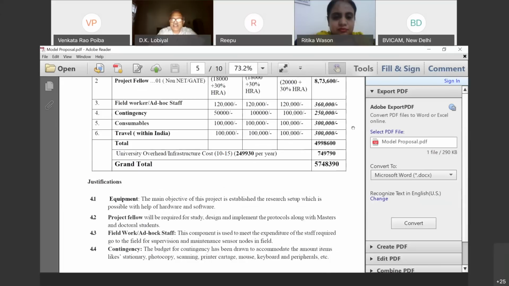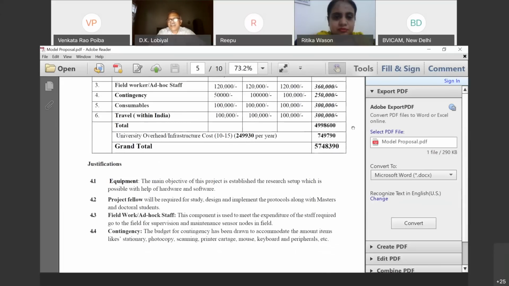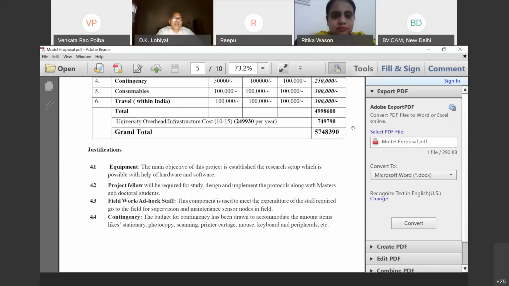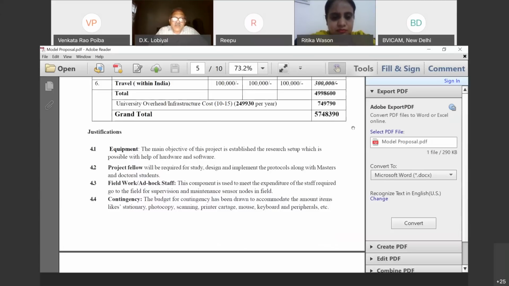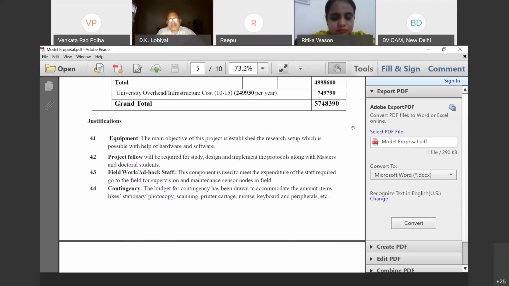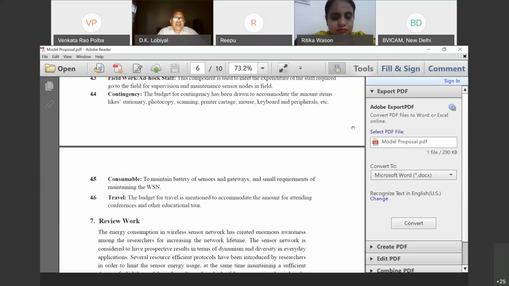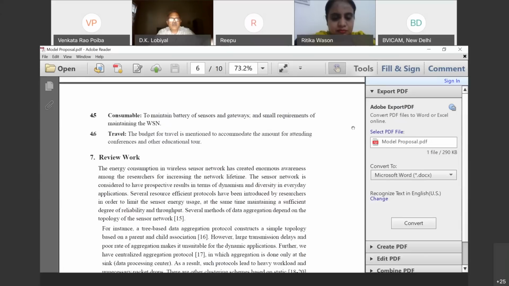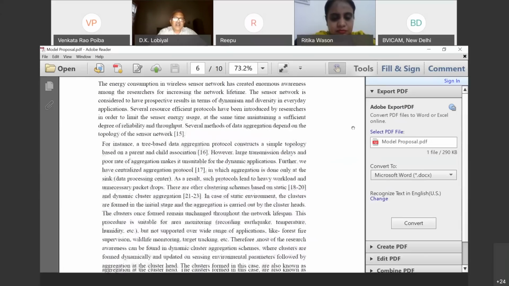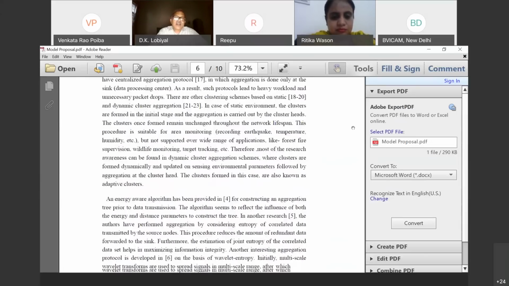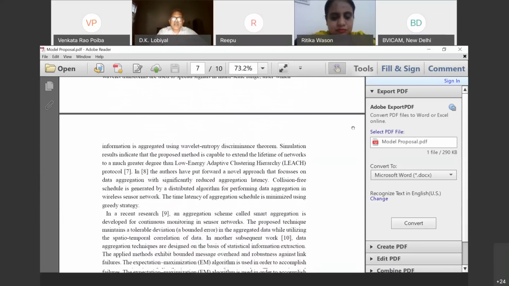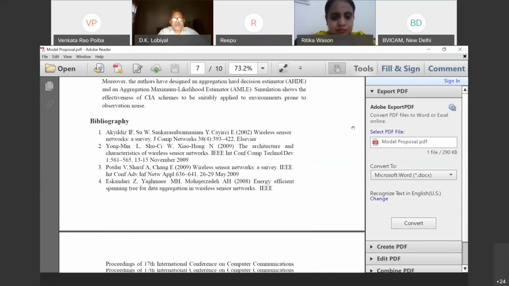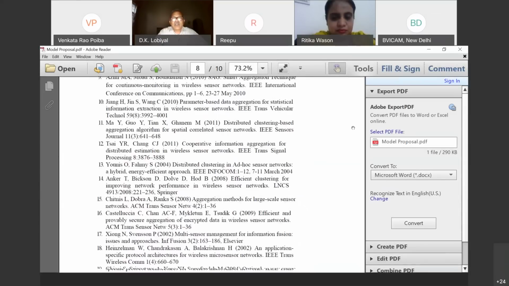And then you have to give the justification for the equipment that you need, because this is to be done. Then why do you need this much staff? Everything has to be mentioned here. Then the literature review, what we have done and what is done internationally, everything has to be in the form of a review work. All right. And then probably the bibliography. You must give the bibliography, and yes,